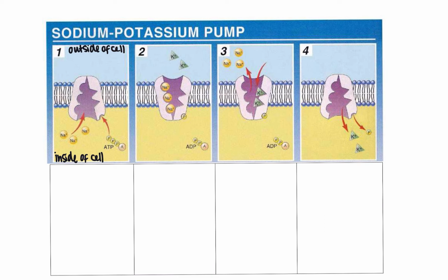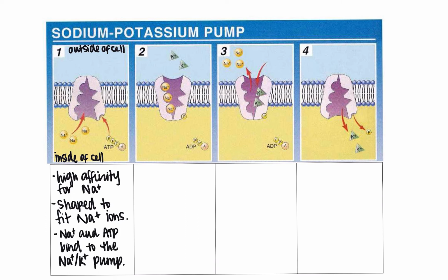Whenever the sodium-potassium pump is in this position, it has a high affinity for sodium. That basically means that it really likes the sodium. It's shaped in a way that the sodium fits in it really well. So those sodium ions, along with an ATP, are going to bind to the sodium-potassium pump, which leads us to